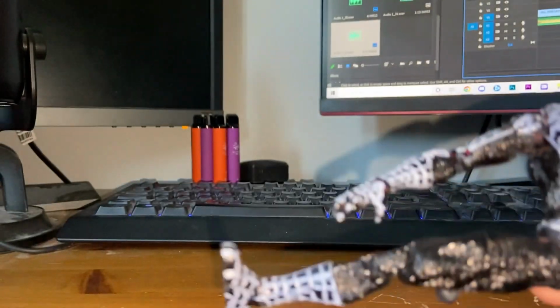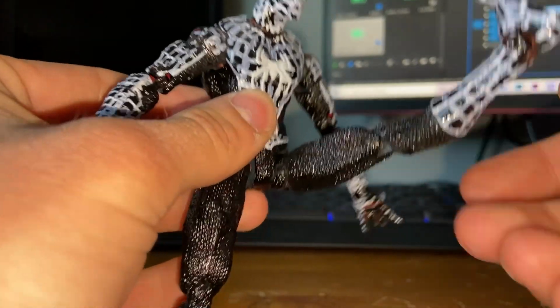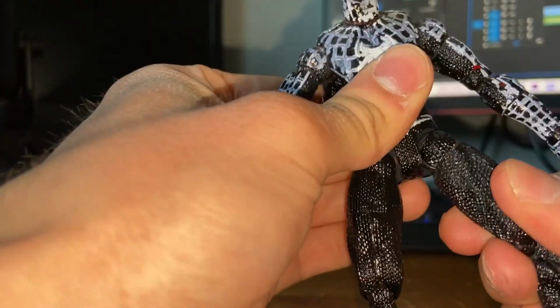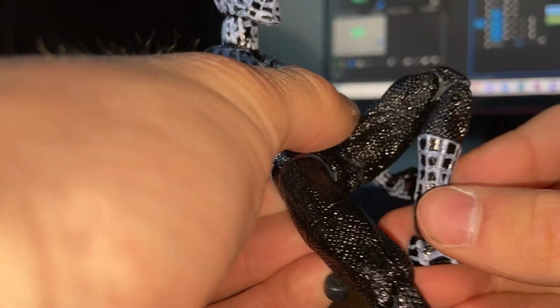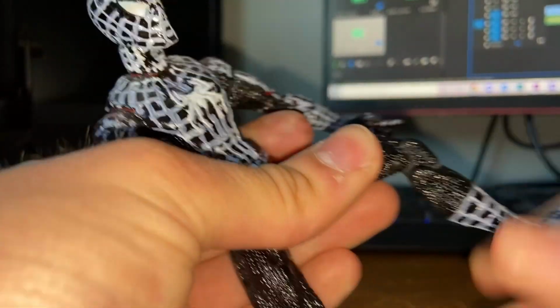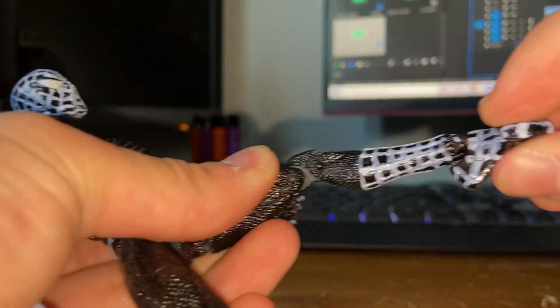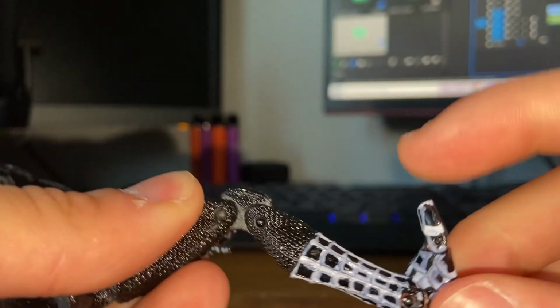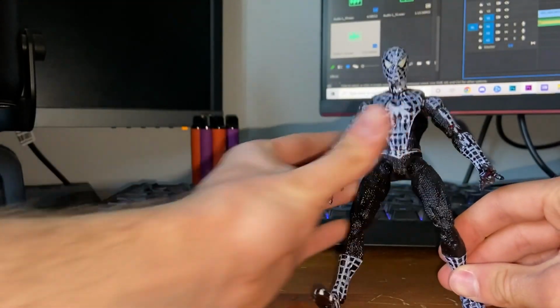His leg kicks out that far, but this leg is kind of messed up because of the gimmick, so I'm not going to be showing you this leg. He actually kicks up that far. He also has an upper waist rotation, which is lovely. He also has a double jointed knee, and boot rotation, which is lovely. And he's also got a sort of ankle swivel. No ankle pivot, but he does have toe articulation, which we